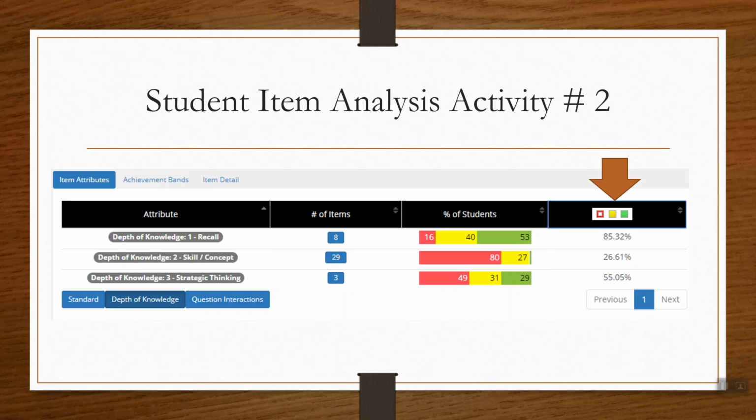In this student item analysis image, the depth of knowledge tab has been selected and the achievement bands have been swatched to include the yellow and the green achievement bands. Notice in this image the distinct difference between performance at DOK 1 and DOK 2. This shows that the students have a foundation and the teacher needs to increase the rigor in the direct instruction and the practice opportunities so that students can begin to productively struggle with the DOK 2 items while the teacher